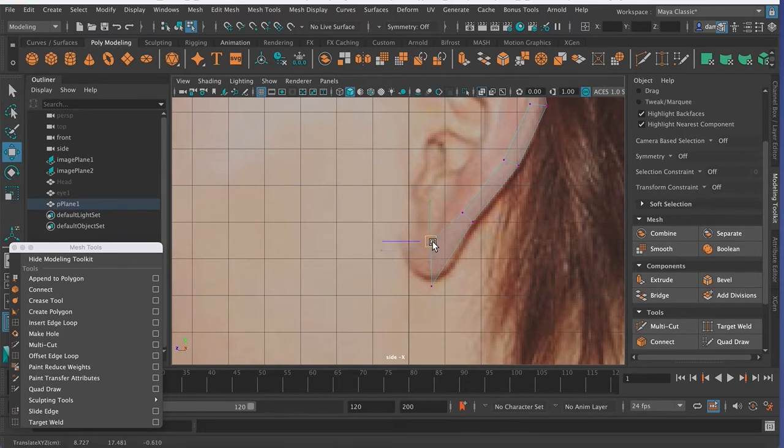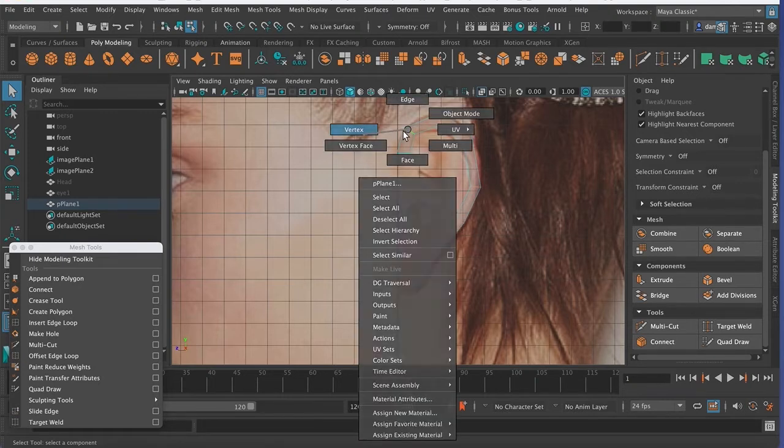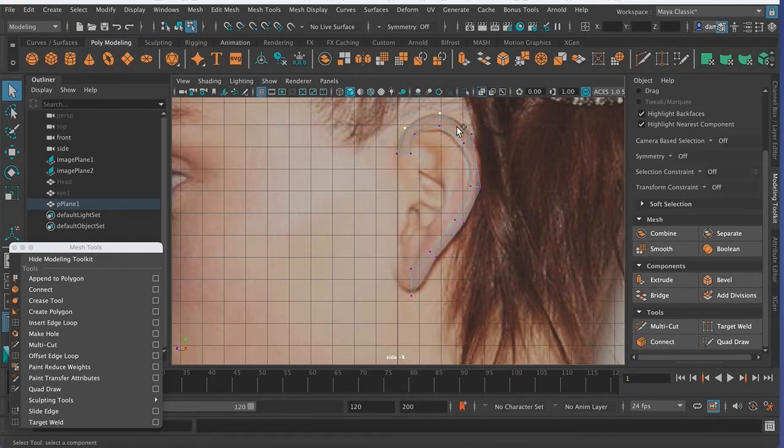Notice here, this is actually really important. You see how all these edges, I'm going to select the edges that I'm referring to. All these edges right here, they're kind of facing into the ear. And any vertice that you see on the outside has an edge connected to it that's pointing towards the center of the ear. This is a really important habit to get into in terms of topological flow,